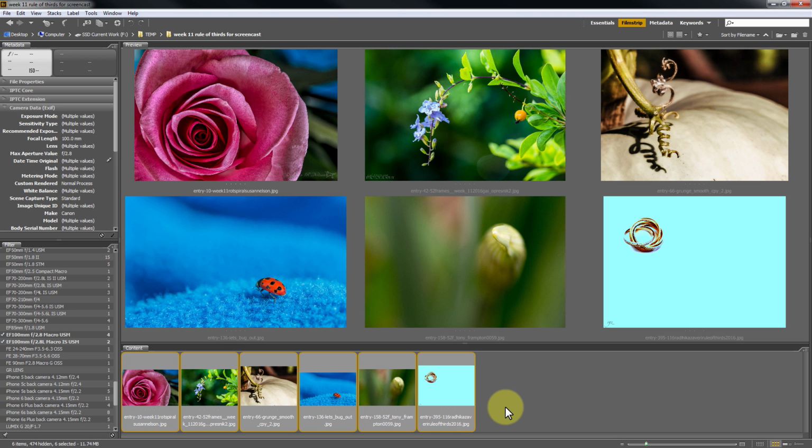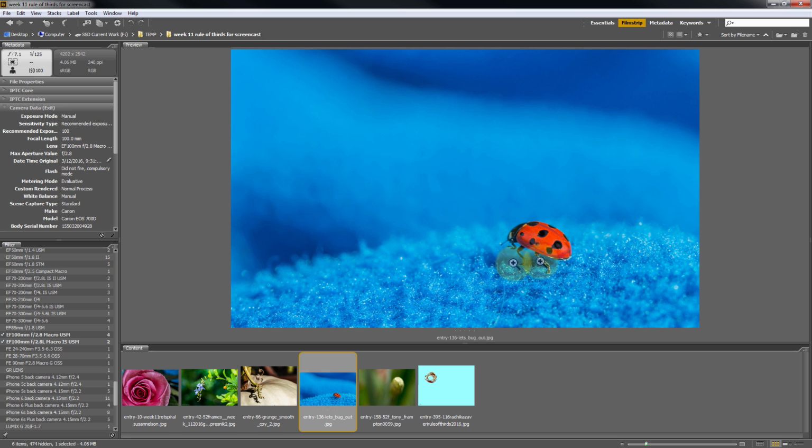But that third holy grail rule of distance to your subject, that's where this lens really comes into play, because it's a macro, which means you can get super close to your subject and it'll still focus. So once you get into macro territory, like in here, the depth of field is so shallow, you're talking about millimeters in the macro world. And sure enough, you can see here, the aperture is 7.1, which is pretty narrow to get such a